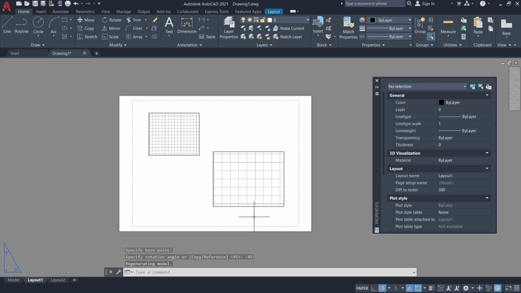Okay, that's it for basic AutoCAD tutorial: how to rotate